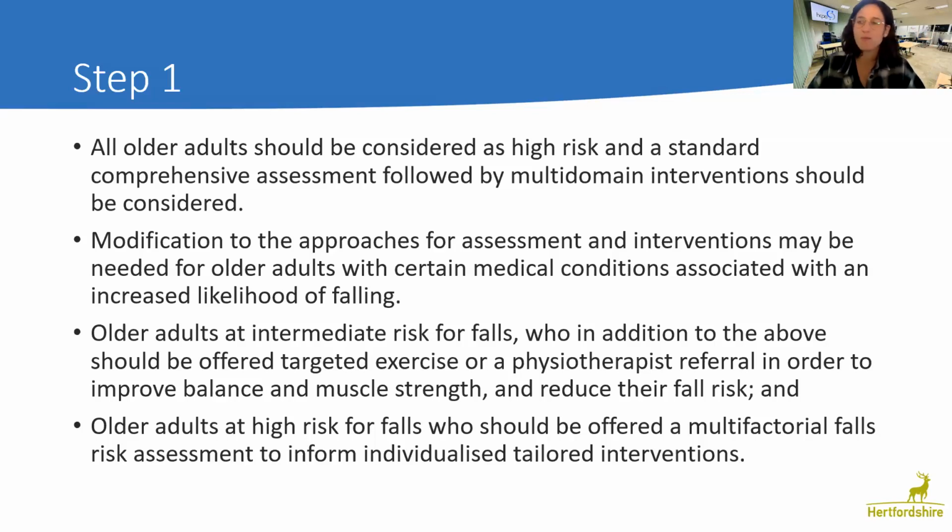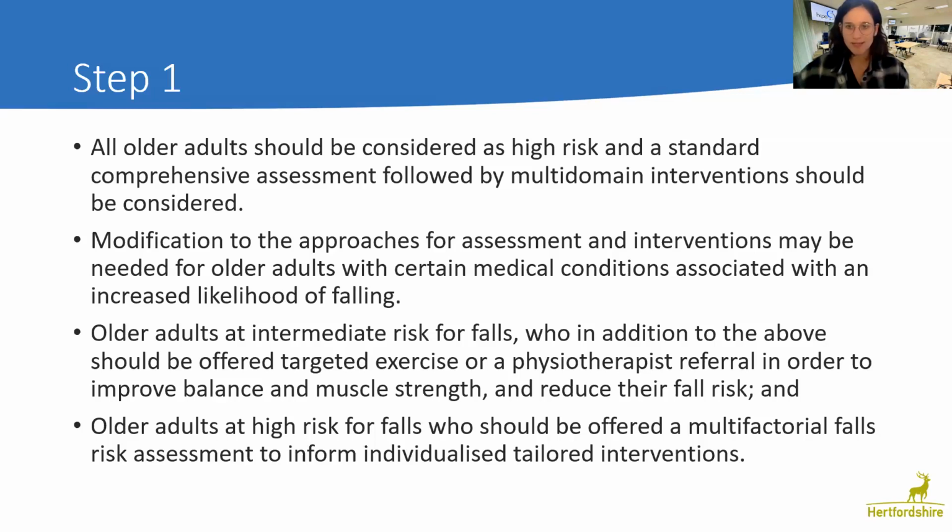So you might be asking me, what's low risk, what's high, what's intermediate? So low risk is someone who hasn't fallen in the past year. And the goal is just primary prevention. So then you might suggest exercise, you might look at falls education, you might look at linking in with the community. So they haven't fallen in the last year.